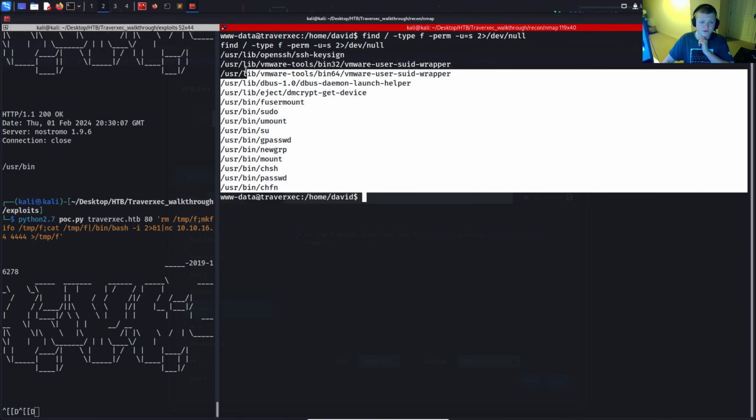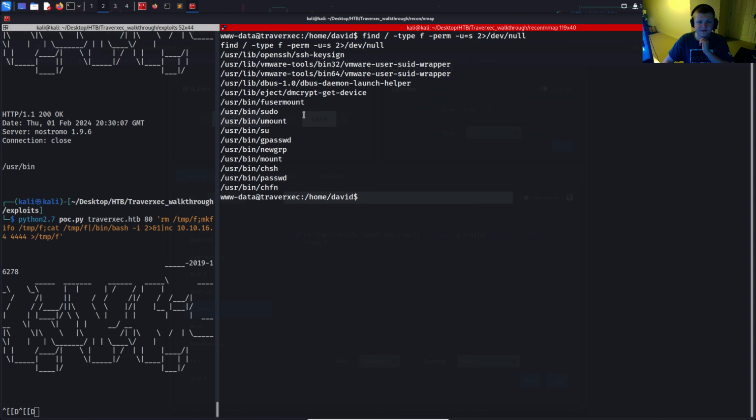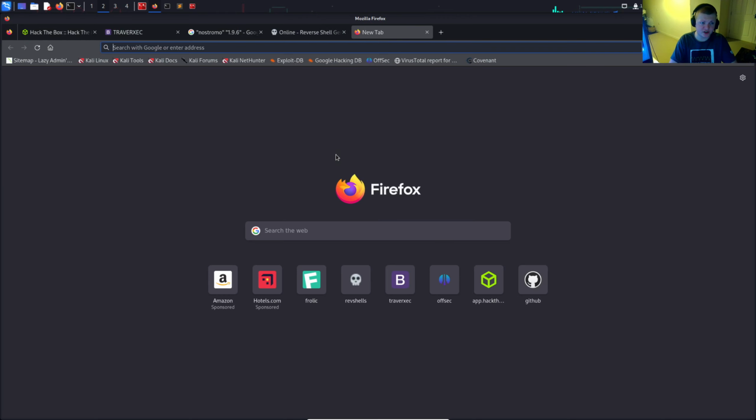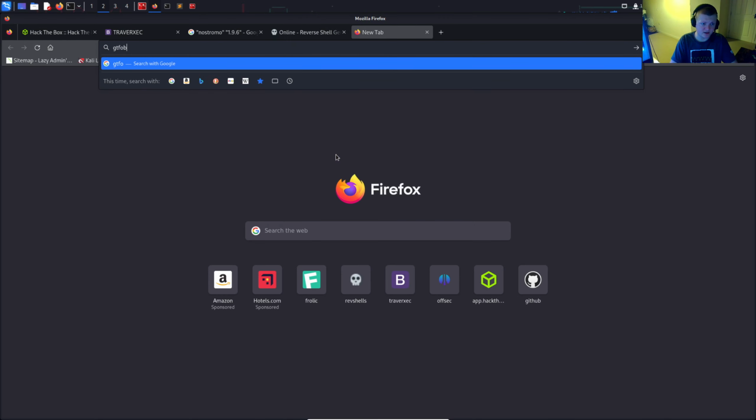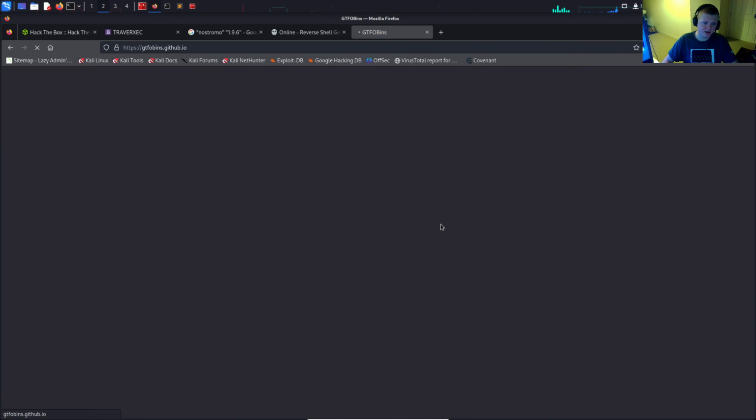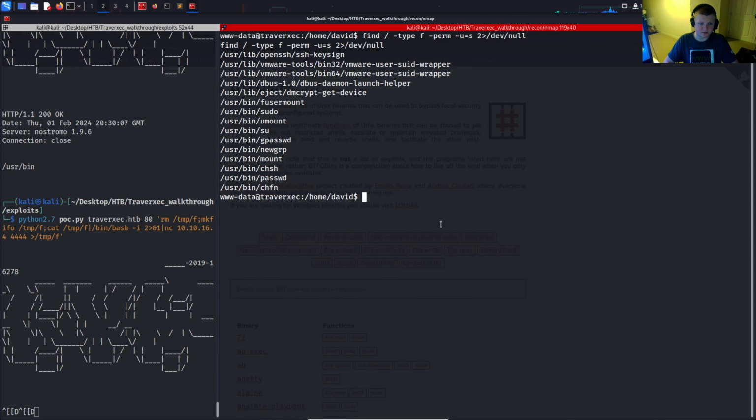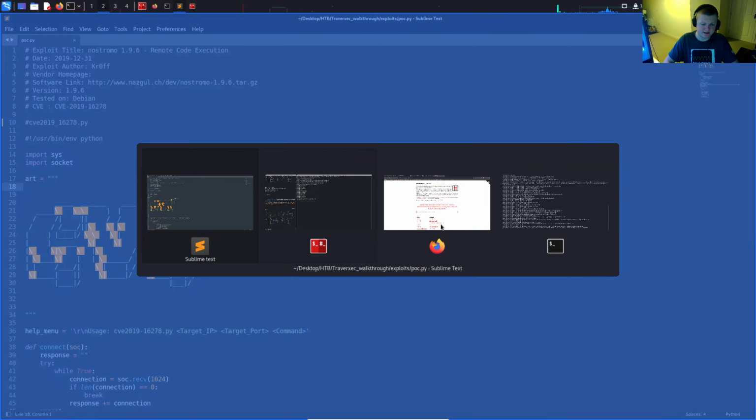of these SUID binaries. However, not all of these can be used to privilege escalate and get a shell. A good resource if you want to confirm whether a binary is exploitable for privilege escalation is GTFOBins. Quickly go to it. You can just search for the binary you're looking for, so let's just pick one as an example. Let's just pick mount,